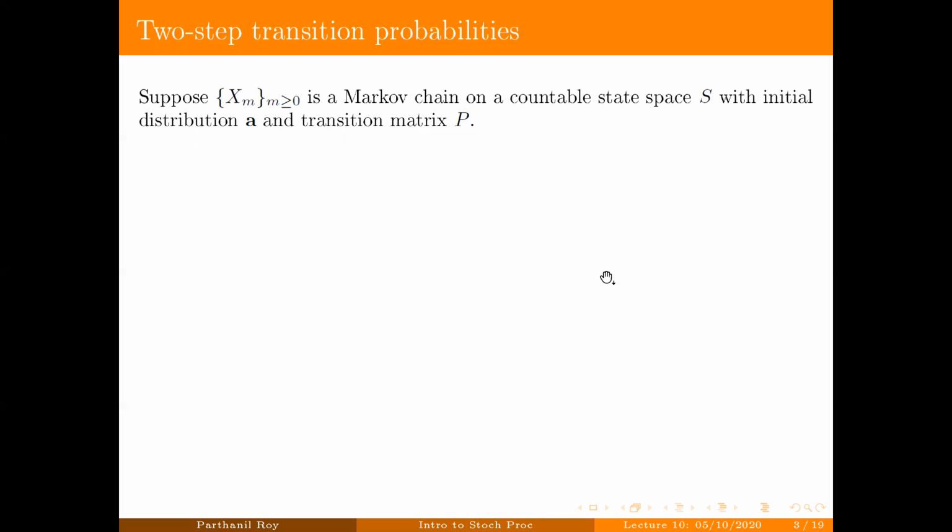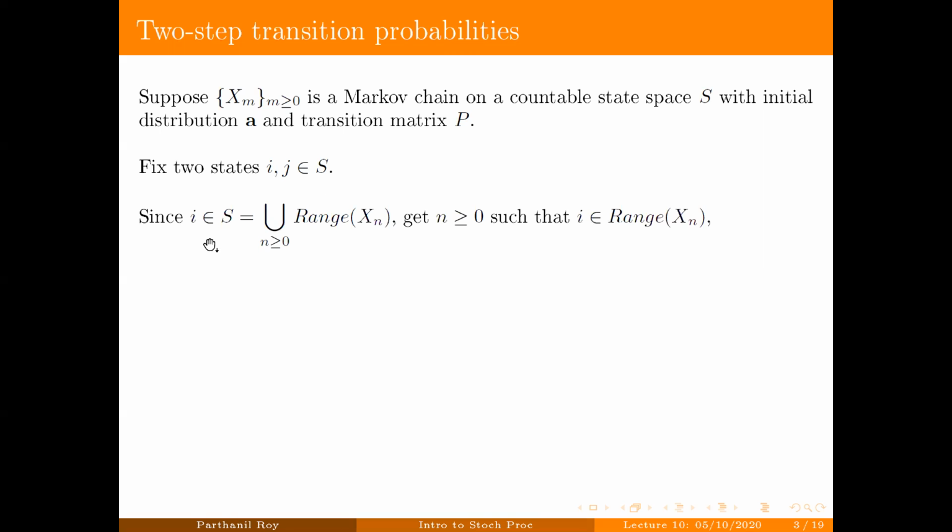They are the elements of this matrix P, namely the ij-th element is Pij, which is, if you know that Xn is equal to i, what is the conditional probability that Xn plus 1 equals j? And instead of Xn plus 1, now we are going to go to Xn plus 2. In other words, we'll fix two states, i and j in S, and